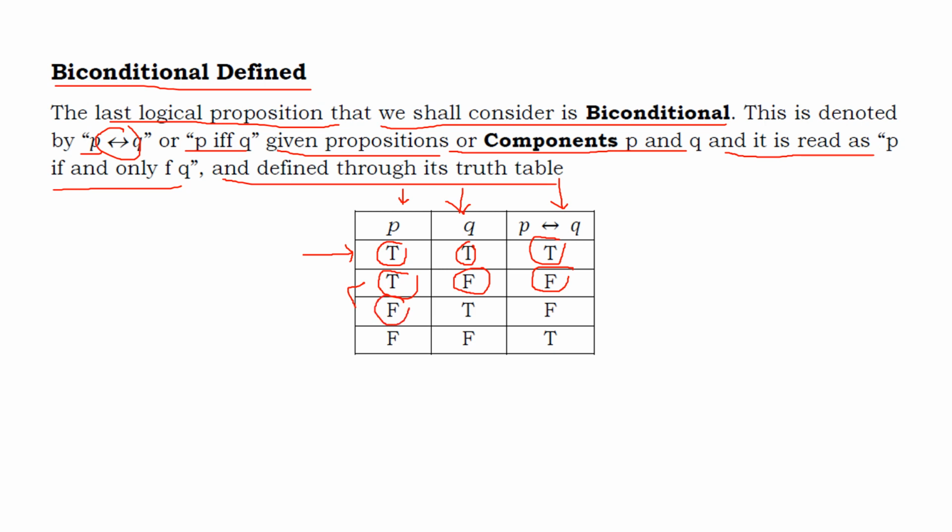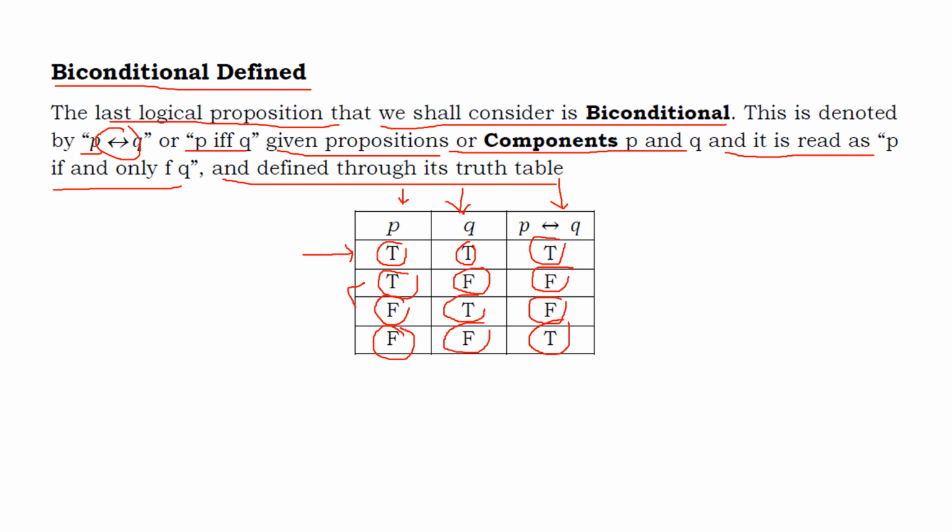If your P is false and your Q is true, then it's automatic that the biconditional of these two propositions is false, because one of them is a false statement. Now, if both P and Q are false, then the biconditional between your two propositions P and Q